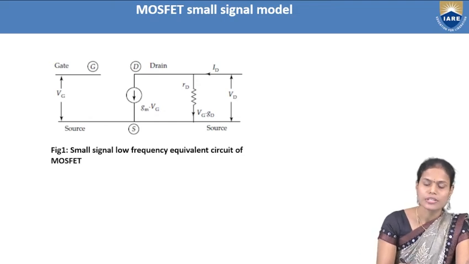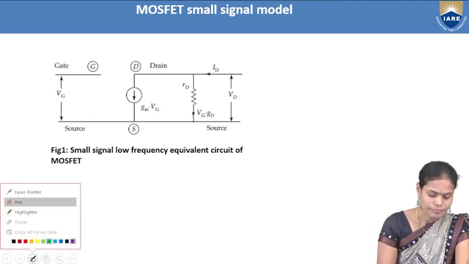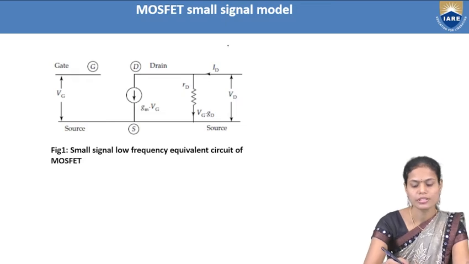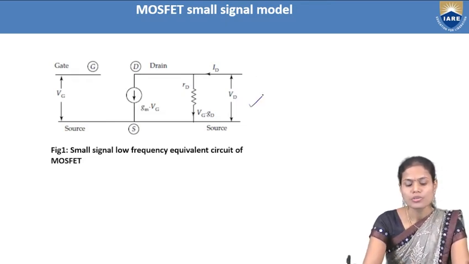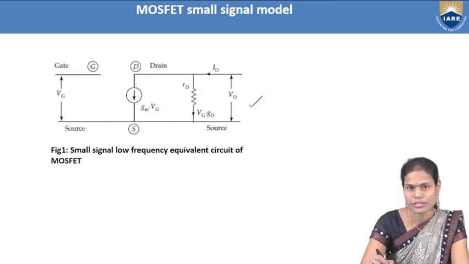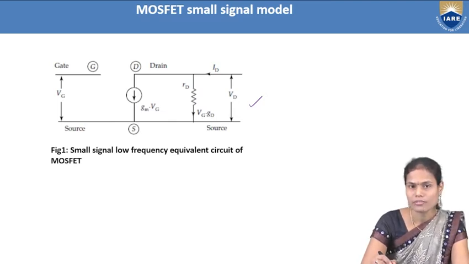So that same circuit again I am considering here, the small signal model of the MOSFET in the low frequency range. From this small signal model of the MOSFET, we are going to implement the high frequency equivalent circuit of the MOSFET. In the case of the high frequency model, if the frequency of the signal is increasing,